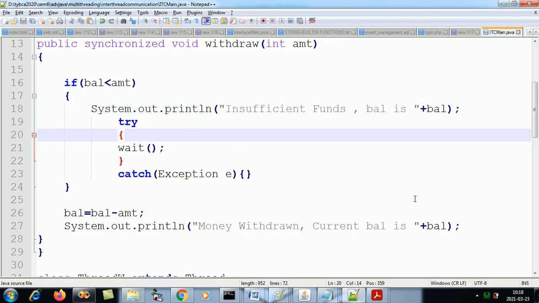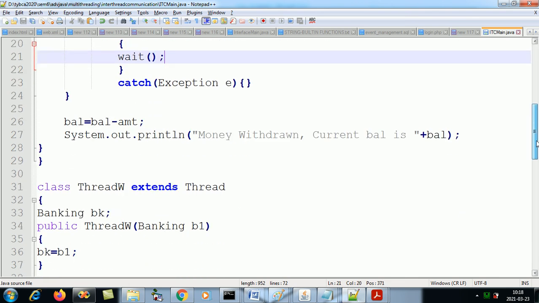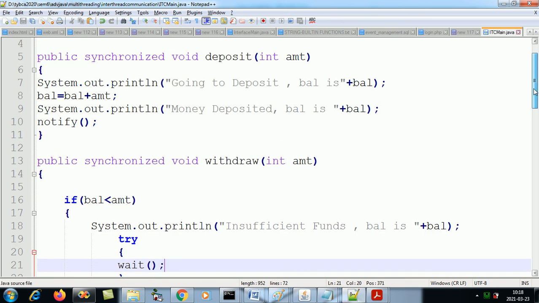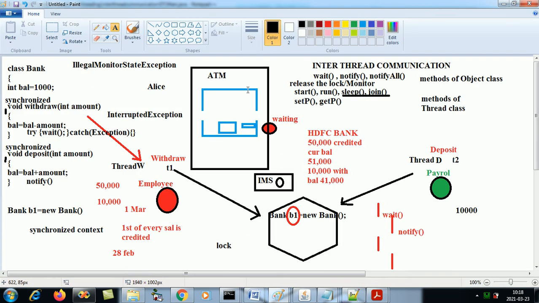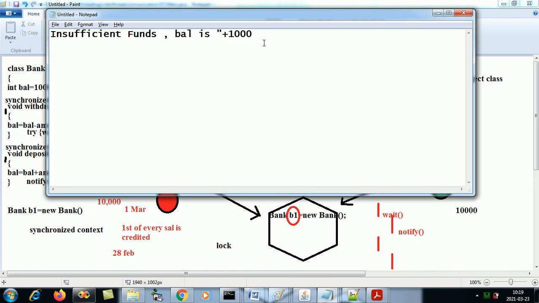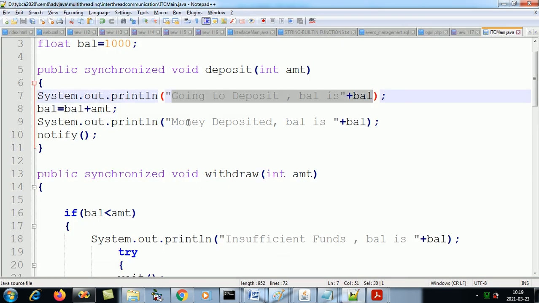And then it is waiting for what? Deposit to happen. So the deposit will happen over here, and next it will say going to deposit. When he is going to deposit, at that time also the balance is 1000. Then he'll say money deposited.